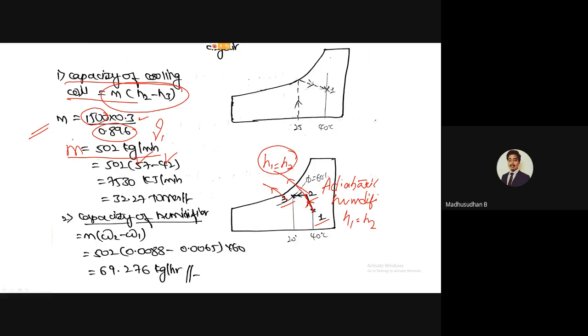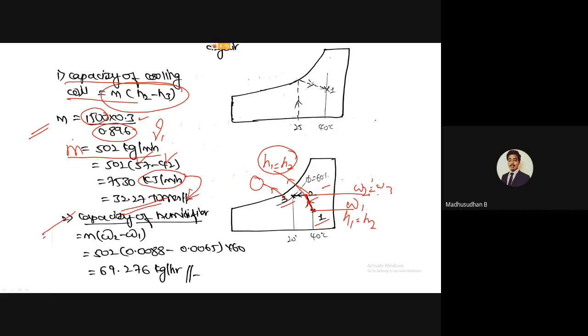We'll be getting it from the psychometric chart. Here we'll be getting the H3 value. So if you extend this particular value here, you will get what? Omega 2 equal to omega 3 here, and this particular value as omega 1. So when you substitute the things, you will be getting 32.57 tons. So how do you convert from kilojoule per minute to tons? I have explained in the previous video, just refer to it.